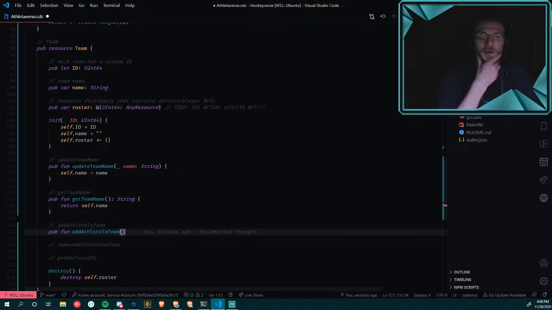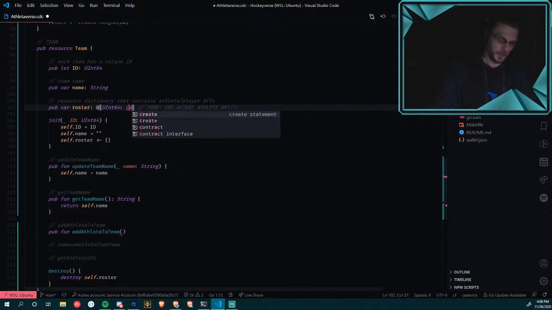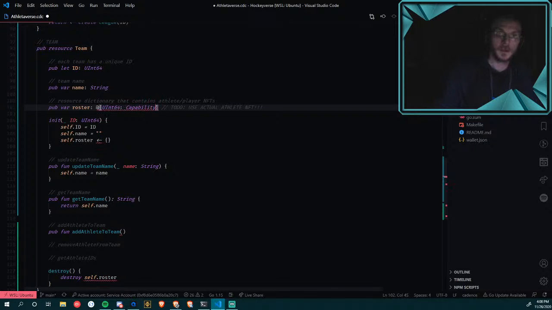You know what? We're not going to do that, I think. Yeah, no, I think we're just going to store capability here, just like we were doing upstairs. We don't need this to be a resource dictionary anymore then. So we're not storing the actual resources.